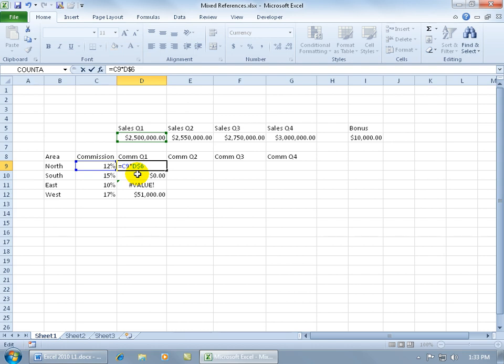No dollar sign in front of it, okay? But it's the row that I want it to stay because I'm going down row by row. So let me hit enter on the keyboard, go back up, select the cell. Of course, you can look up here in the formula bar. Again, nothing up my sleeves. In other words, I've got just one absolute reference, the dollar sign, in front of row 6, and I